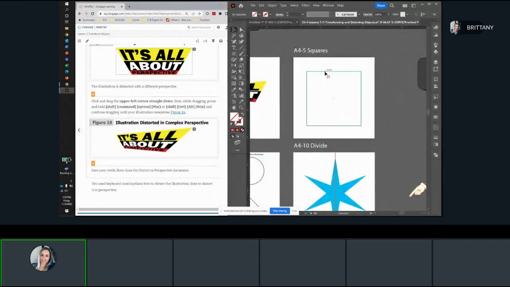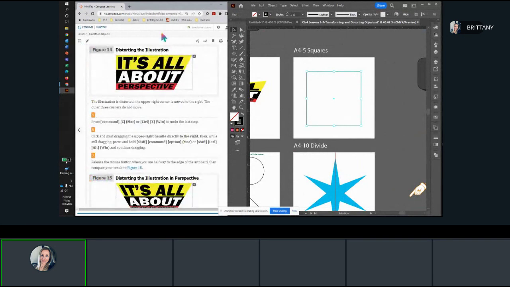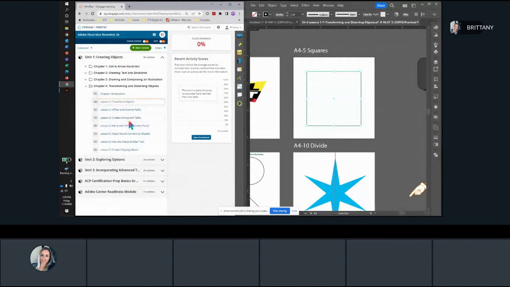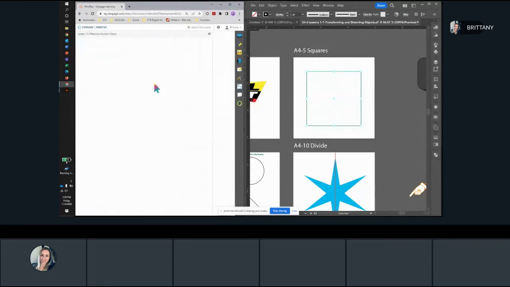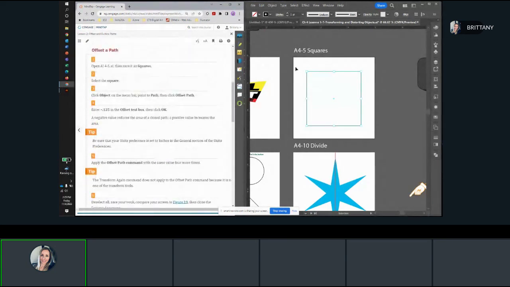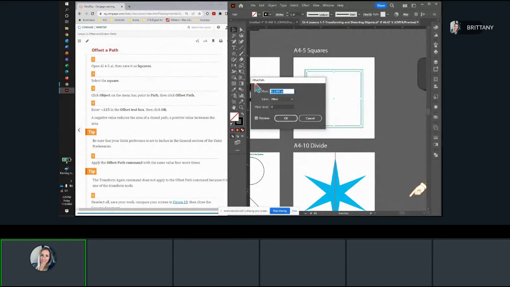All right, so for this one, I guess we'll go to the instructions. That'll work, right? So we're going to create offset paths here in a very specific measurement. So select your square, go to Object, Path, Offset Path, and then in the dialog box here, we're going to